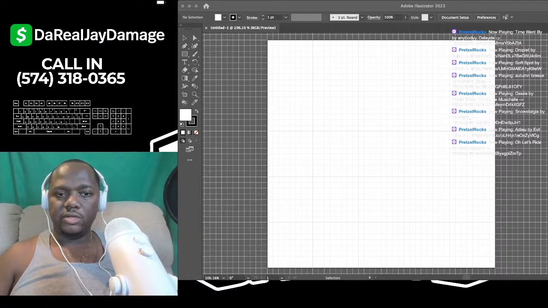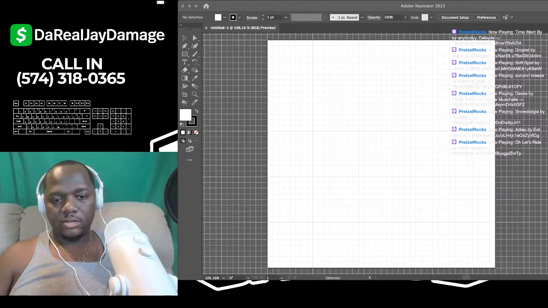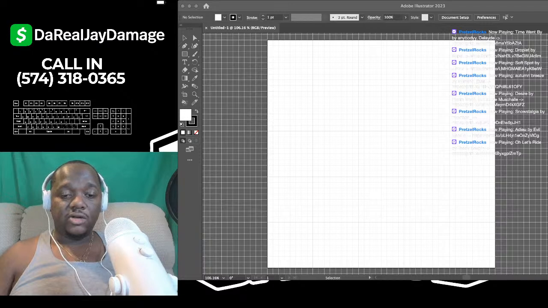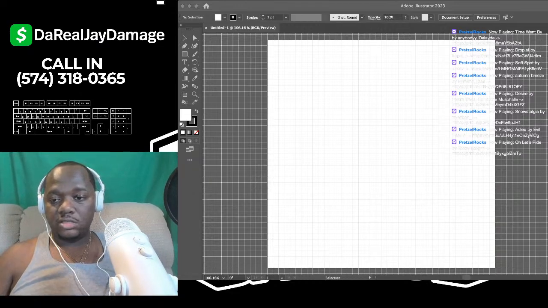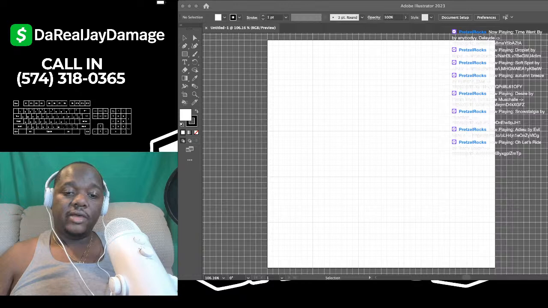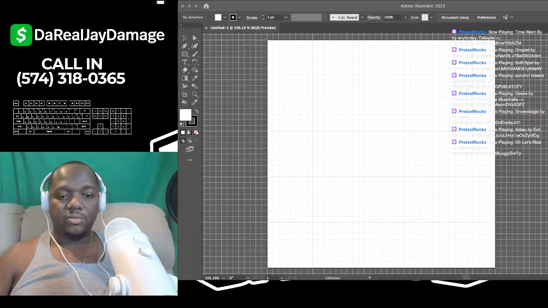What we're gonna be doing is the outline work that we did before. I just wanted to show y'all that again. It's only because, like I always say, you're not gonna understand these other processes until you understand the original process, which is the line work. You have to understand how to use these tools in order to even run this Illustrator program. Otherwise, you're going to run into a lot of roadblocks.